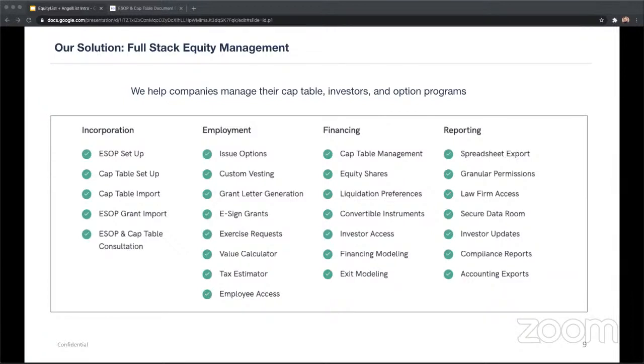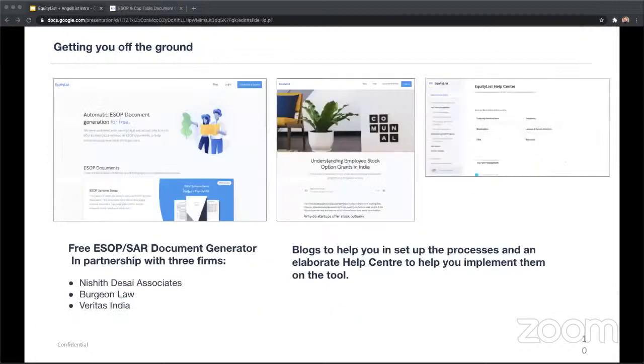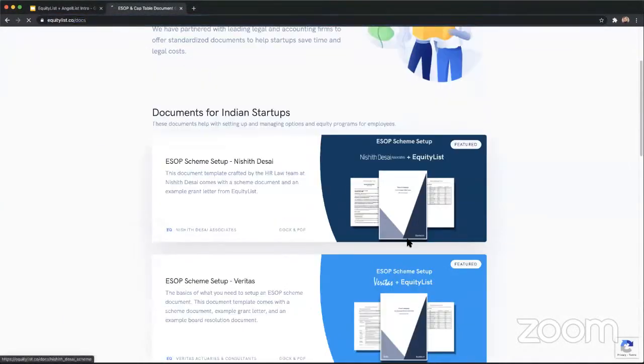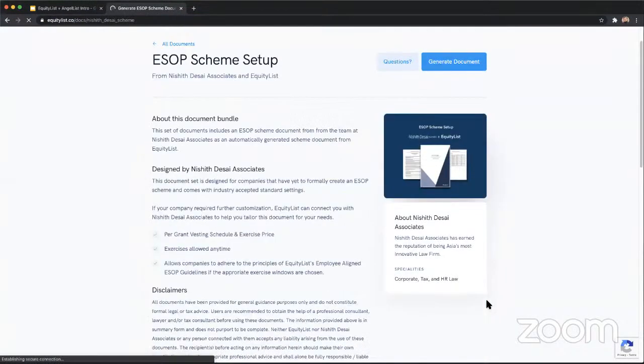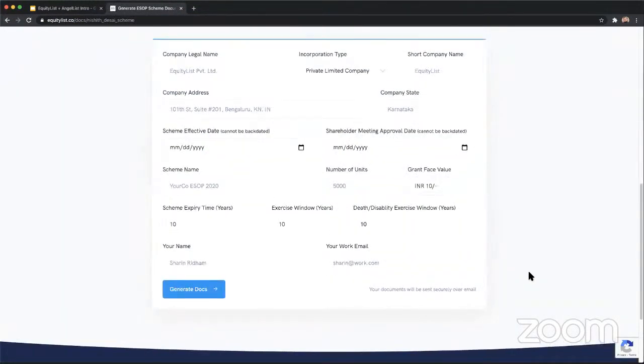Next up, I'm going to talk about what the process is if you're just spinning up your ESOP program. So to help you get off the ground, what we've done at EquityList is we partnered with 3 top firms that specialize in ESOP or startup law, and they have created these template documents, which we think are industry leading in terms of best practices and standards. And you can choose one, and actually you can go through it and create your own document. All you have to do is fill out a few forms, and my colleague Sahil on the call will tell you more about it. But you essentially just fill out a few things, and you get a real form back